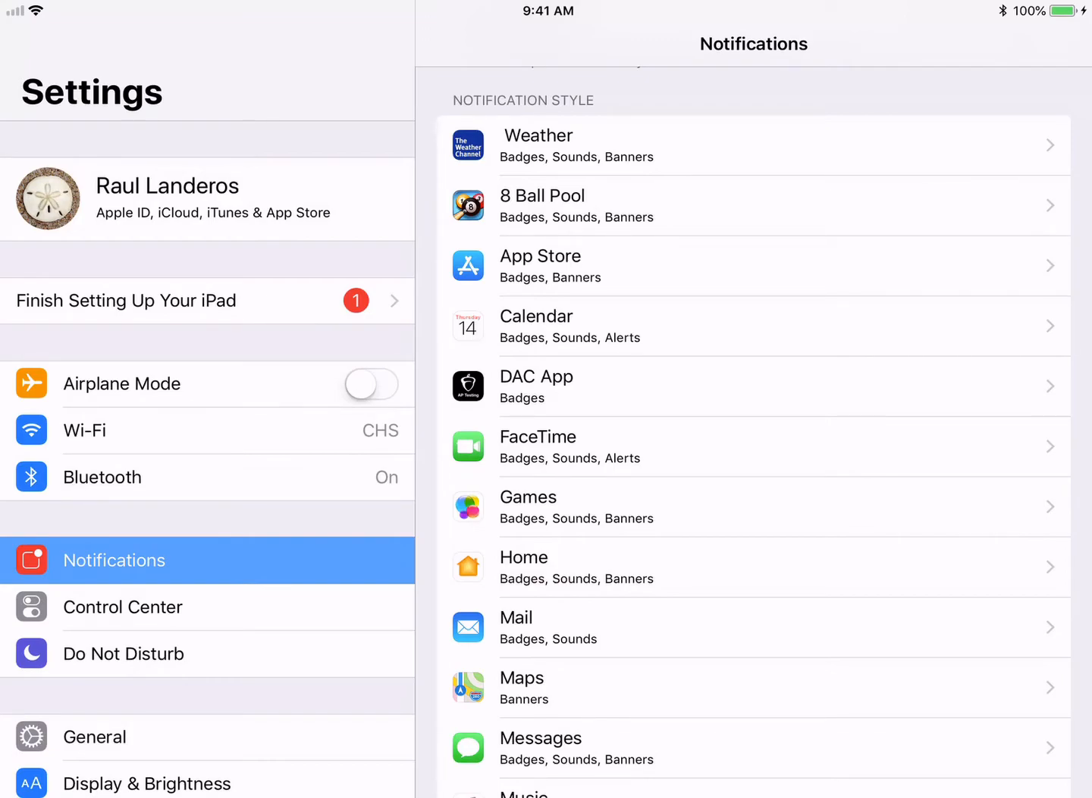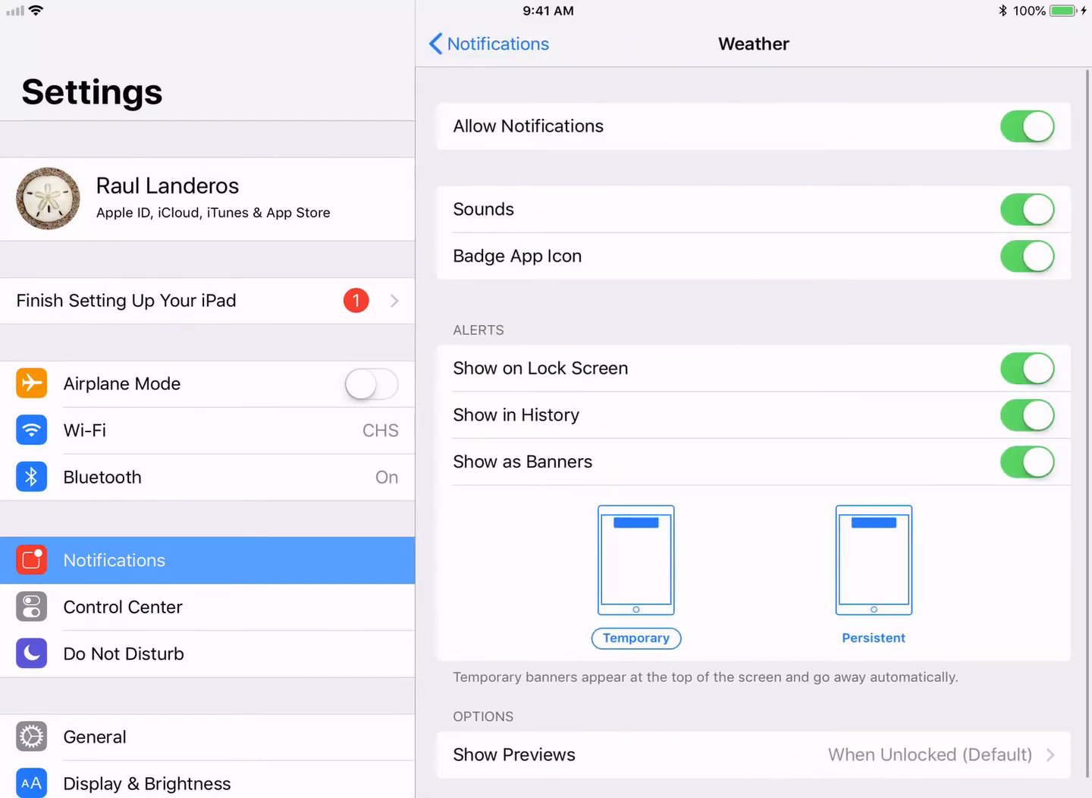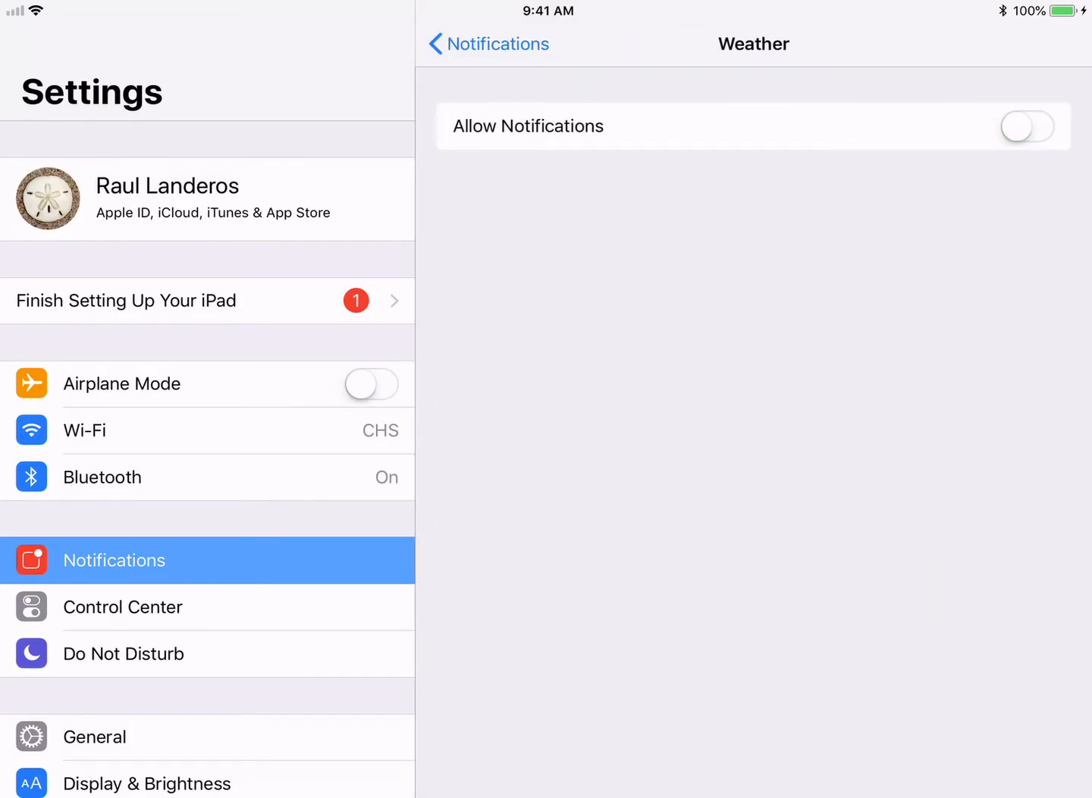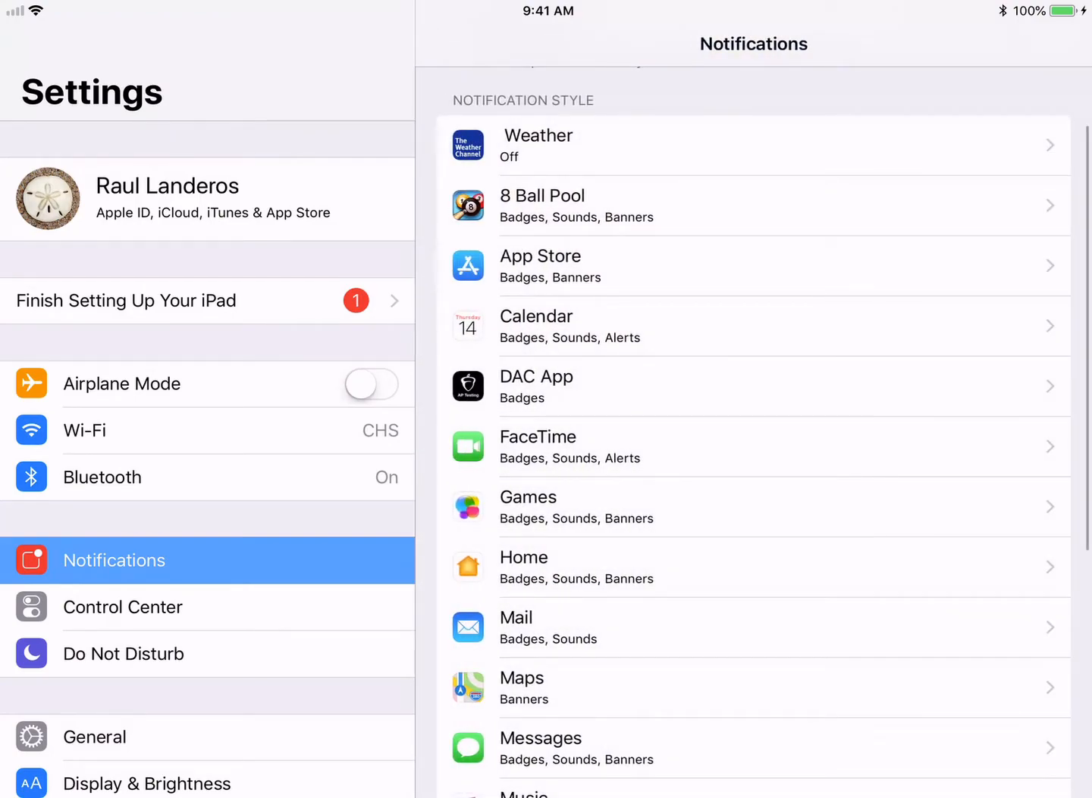So we recommend that when you find the app, in this case, I'm going to click on Weather, and I'm going to go ahead and turn off notifications by simply turning it off. And I'm going to do this for every app that I don't want a notification on. So anything that is an entertainment app, whether it's social or a gaming app, I would recommend you shut off